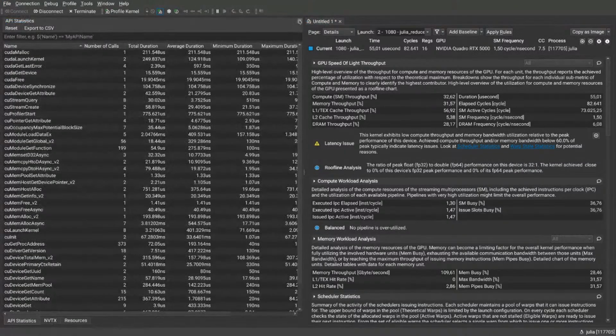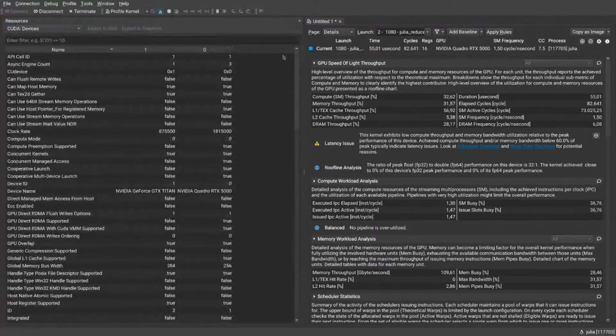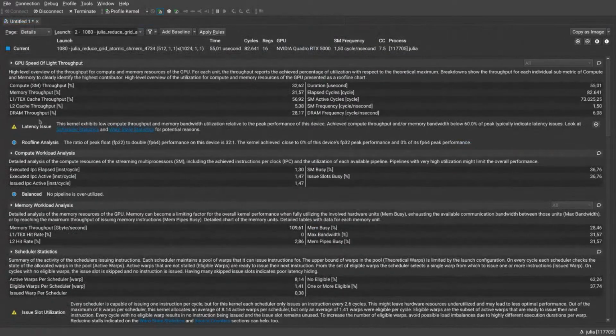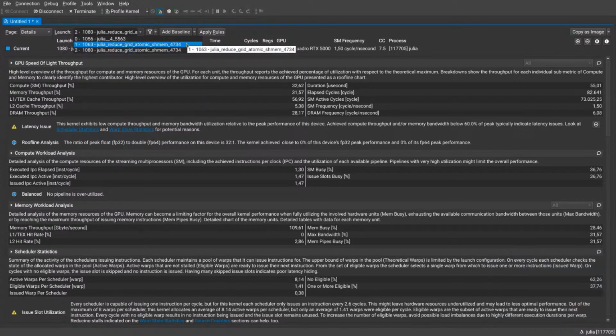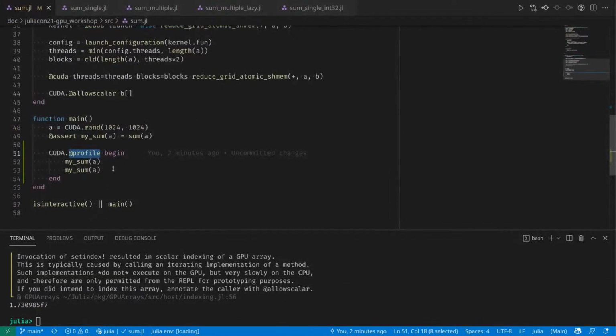So let me close the API overview because we're not interested in that. We are, however, interested in our kernels. And as you can see, there are two kernels being profiled. This is the initialization kernel, which we don't care about. But this is our reduction kernel we're interested in. And there are, of course, two executions because we executed the mySum function twice. If we click this function, Nsight Compute gives us a lot of information to optimize this